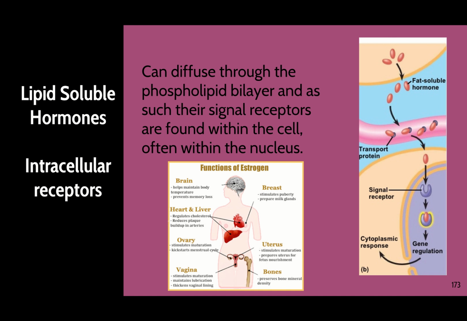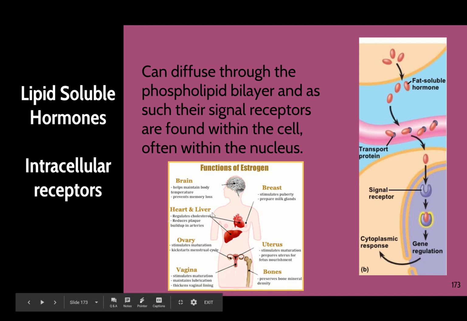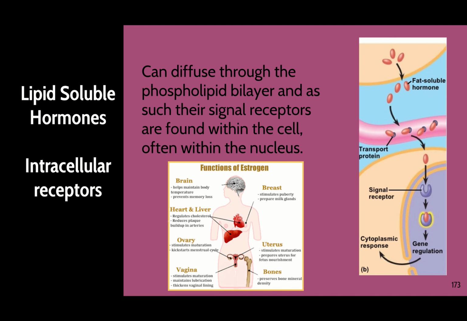And these hormones that end up diffusing through the cell were estrogen and progesterone. That's why I have this picture of estrogen here, because they used estrogen and progesterone as the model hormones to study for lipid-soluble hormones. And what they found was that when they studied the accumulation of estrogen and progesterone in rats, they only accumulated specifically in the rat reproductive organs. They didn't accumulate in the nucleus of any other organ cells.